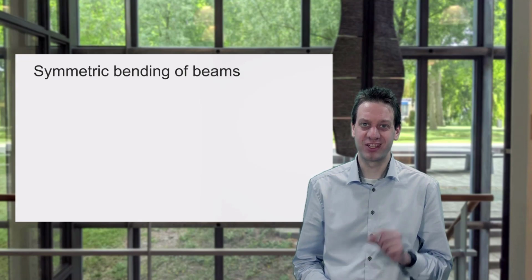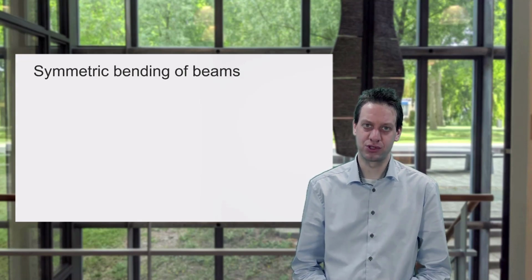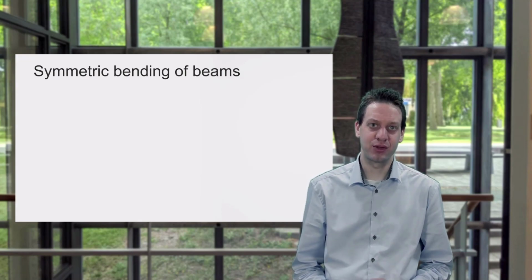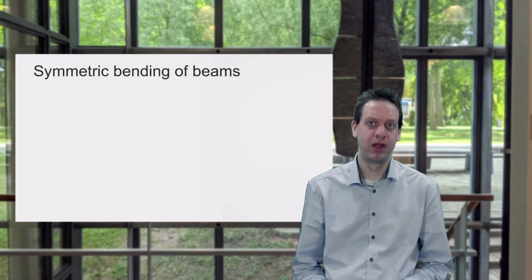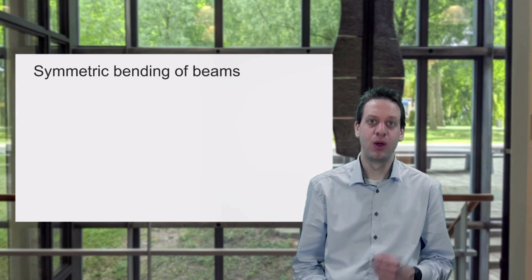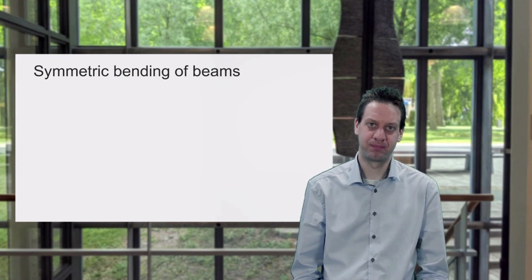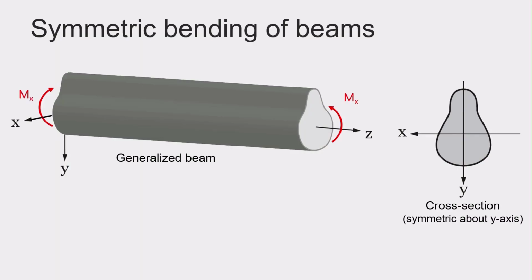We will be working with symmetric beams only in this course. This assumption is necessary to have a pure bending deformation. So let's start by defining what we mean by a symmetric beam. To do so, have a look at this generalized symmetric beam with the general cross-section shown on the right. As you can see, this cross-section is symmetric around the y-axis, and that brings us to the assumptions we have